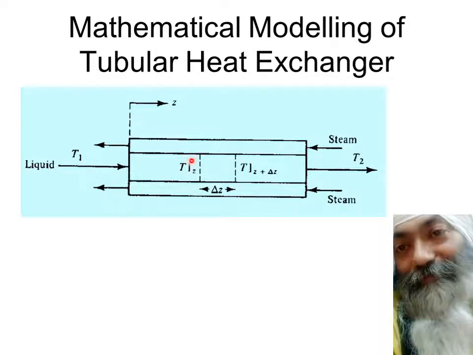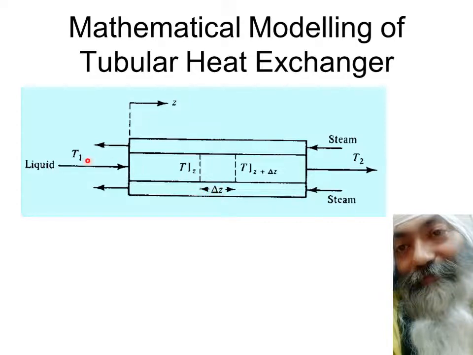So the point to be noted is that we have a small cross section over here, of thickness delta Z. If you move from here to here, you find that the length up to this point was Z, and at this point the length becomes Z plus delta Z. So this difference of the two lengths is delta Z. This is the length up to Z and this is the length up to Z plus delta Z, and this is the difference.